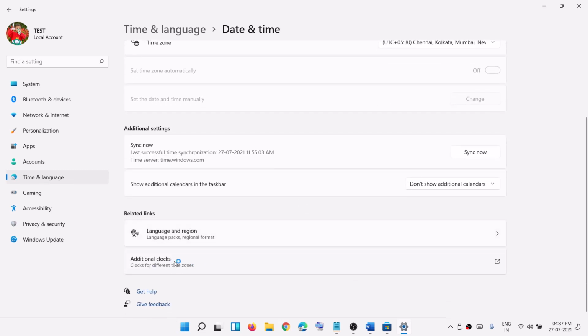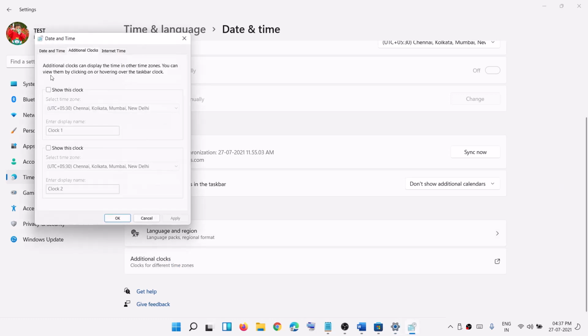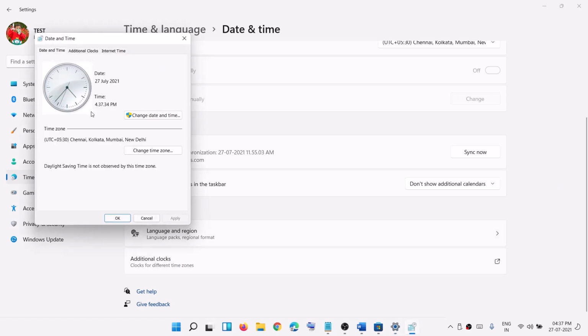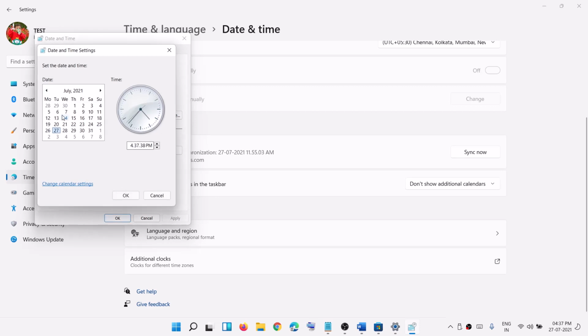Now you can also click on additional clock and then click on date and time, and you can click on change date and time. So if the time is not correct or date is not correct, you can go ahead and select month and year from the top. So when you slide, you can change month and year, and you can select the date from here, and you can also correct your time from here. Then click on OK. In my case, the time is right, so I will not click on OK. I will just cancel it.